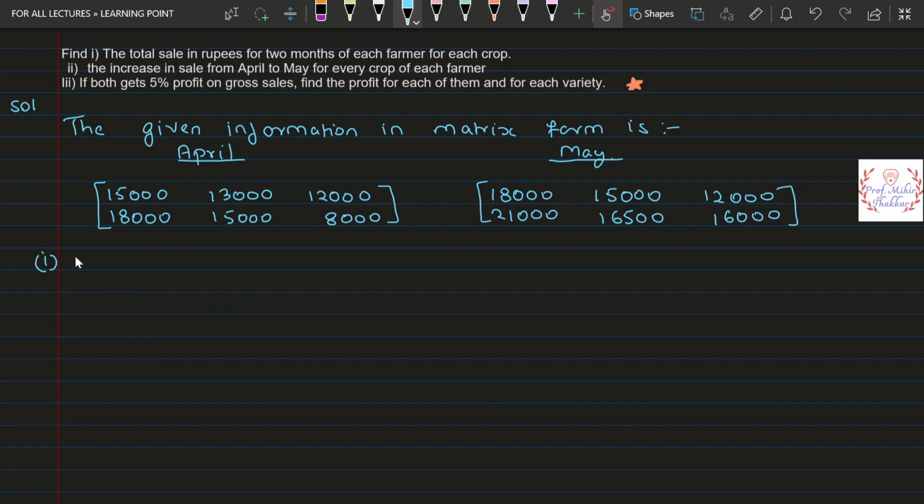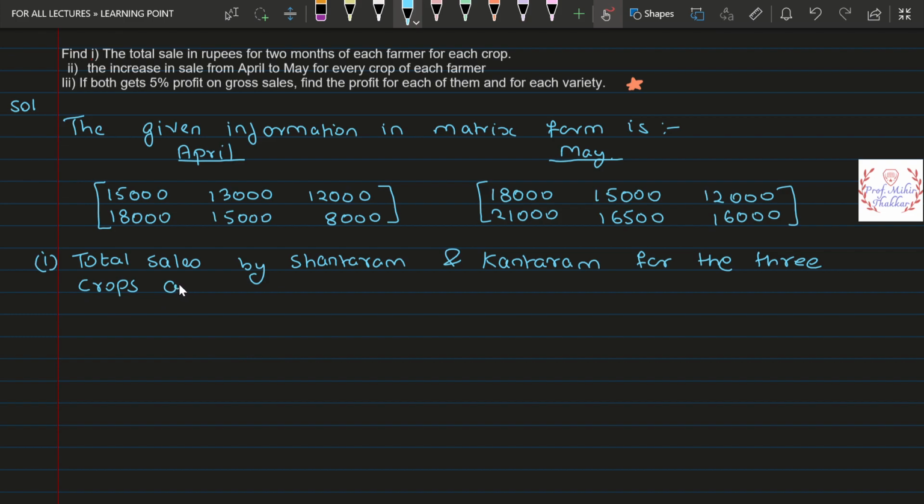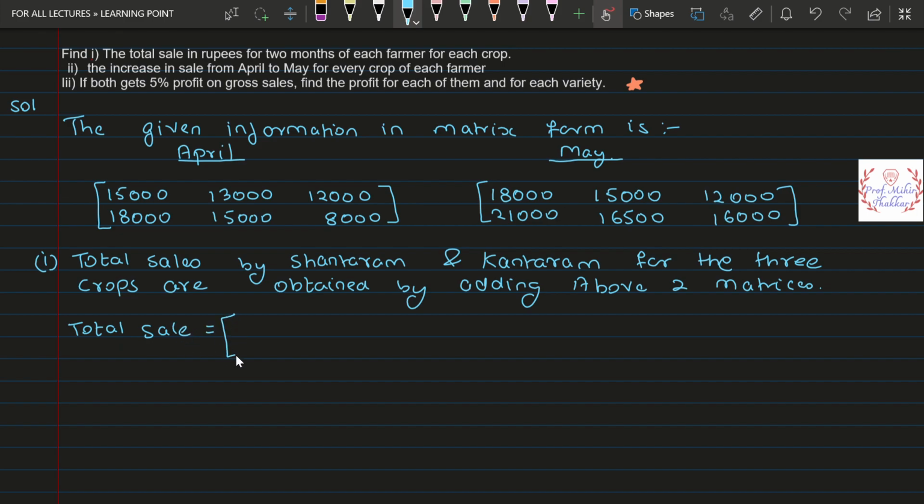So we say the total sales by Shantaram and Kantaram for the three crops are obtained by adding the above two matrices. So we say total sale is equal to